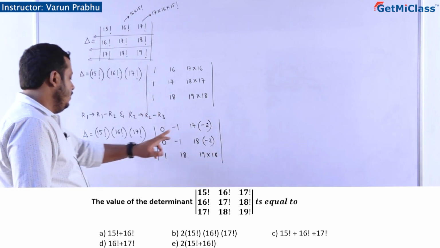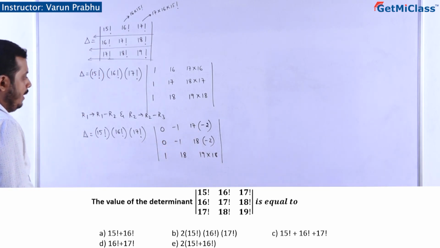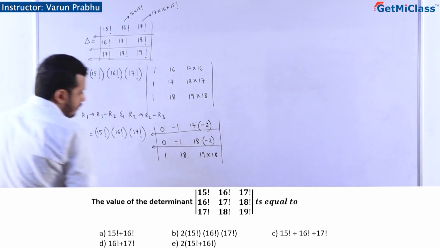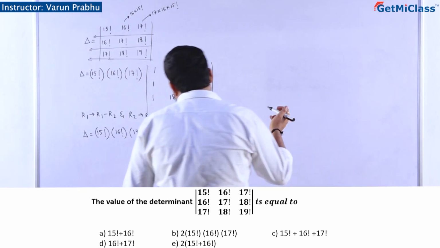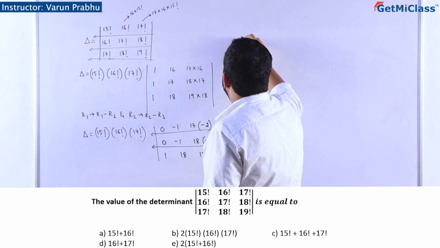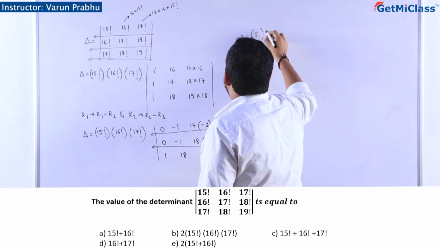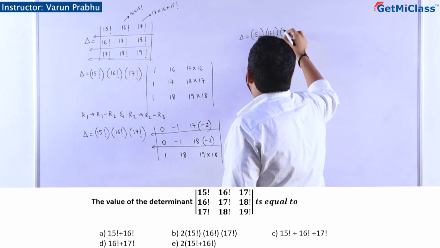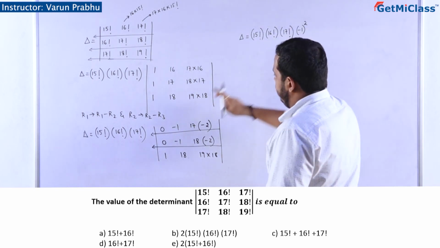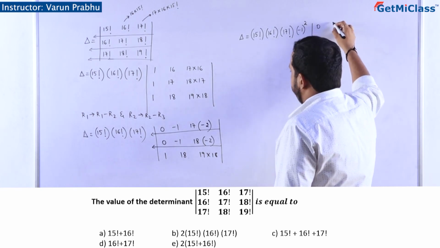So now you can take out the minus sign common from row number 1 and row number 2. So delta is equal to 15 factorial multiplied by 16 factorial multiplied by 17 factorial. Take out the minus sign common, that is minus 1 common from row number 1 and row number 2. So you will be left with 0, 1,